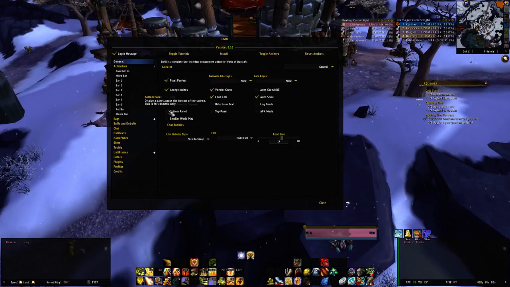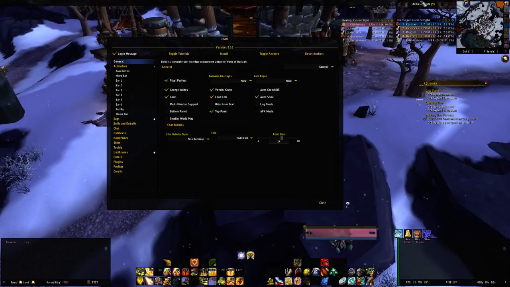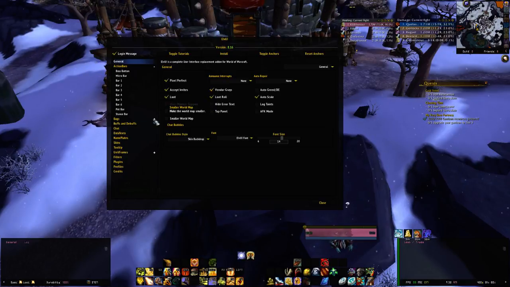Oh, also, another kind of annoying thing, in my opinion, that ElvUI can do is have these little panels. It's just black at the top of the screen. I don't know why it's there, but it's terrible. I hate it. It just gets in the way. It's like, what is that? Why can't I see? Oh, because it's being stupid. Anywho,